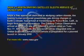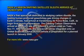NASA's carbon-sniffing satellite sleuth arrives at launch site. NASA's first spacecraft dedicated to studying carbon dioxide, the leading human-produced greenhouse